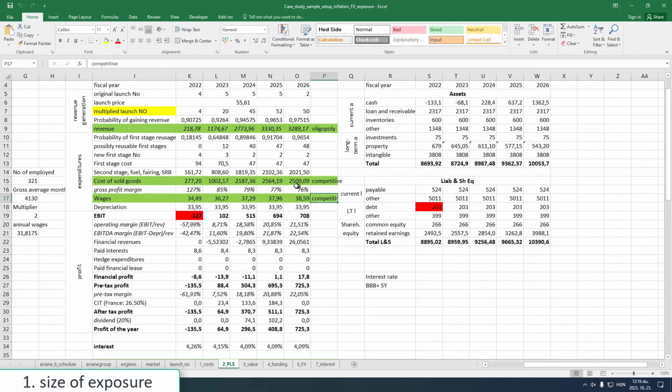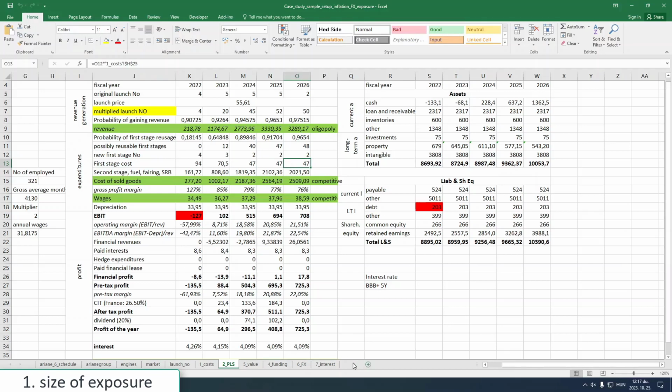Oligopoly, competitive, so this is where inflation is also added, and this is where we can see that the new first stage number is written here. So we definitely need this data because this is how many things we have to manufacture for the first stage, and also the first stage cost. Yeah, but this is with everything, so still I have to remove the engine